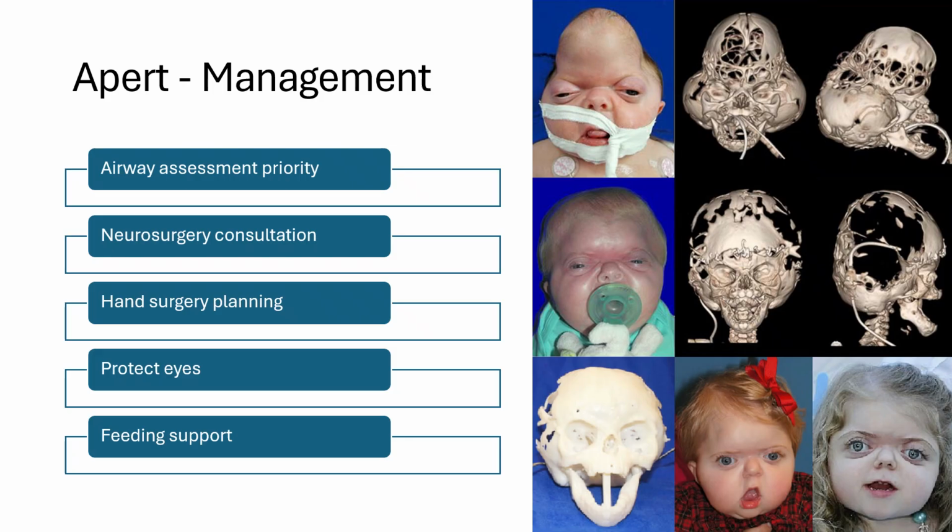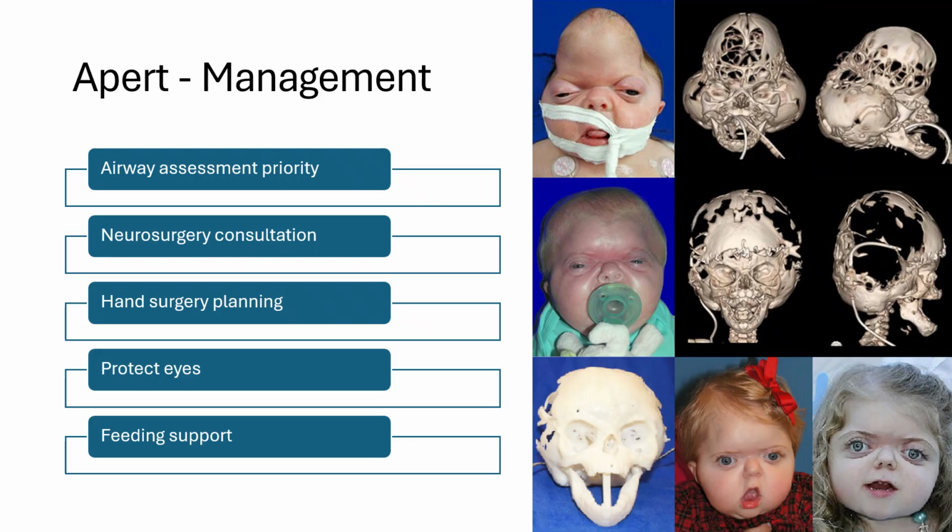Hand surgery planning begins early because the complex syndactyly will require multiple staged procedures throughout childhood to optimize function. Picture this as developing a long-term reconstruction plan that considers not just the immediate abnormalities, but how the hands will need to function as the child grows and develops. The hand surgeon will assess which digits have the best potential for reconstruction and plan the sequence of procedures needed